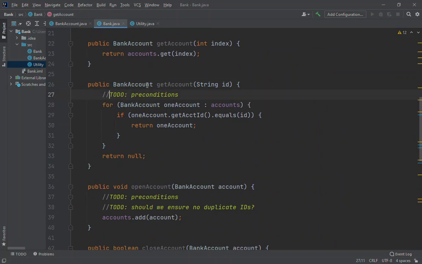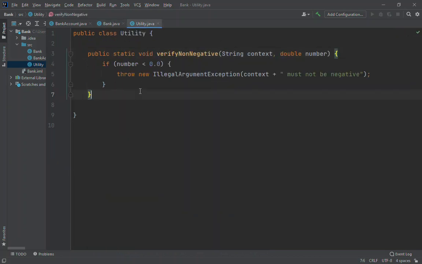Because remember, on all object references, one of our concerns is if they pass us null, because that could be an alternative that can be possible, accidentally or on purpose. So rather than writing something here, why don't we make another utility function that seems quite useful? Public static void verifyObjectNotNull. Again, we're going to have the string for the context, and then we're going to have